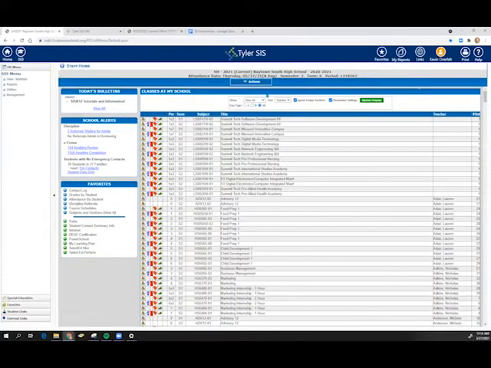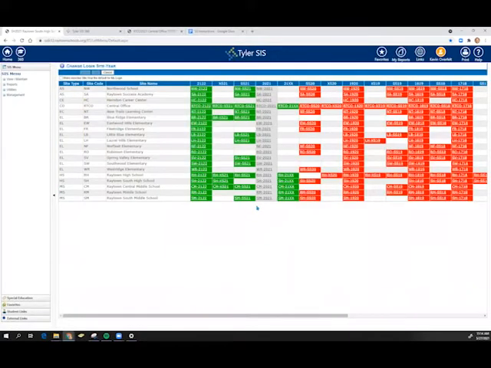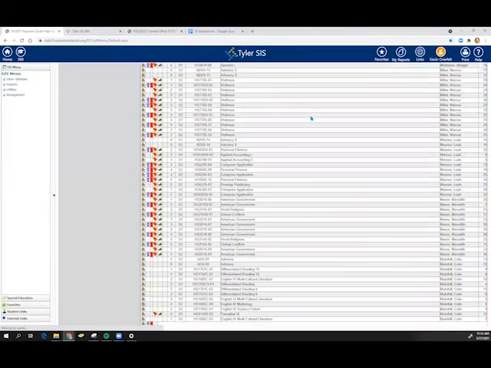If for some reason you need to swap to a different site year, you will be going up to the actions here. As you can see, I am currently in the South High 2021 school year. I'll go to actions, my login site year, and it'll be different person to person, but you'll have a different list here of what different sites and site years that you'll have access to. So I'm just going to go back into South High 2021.